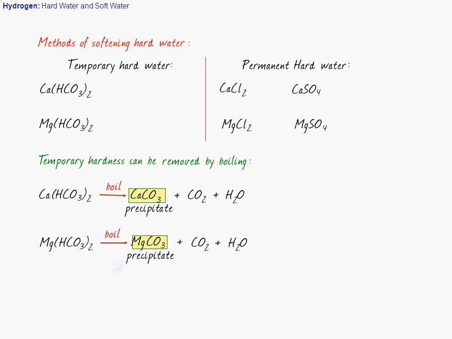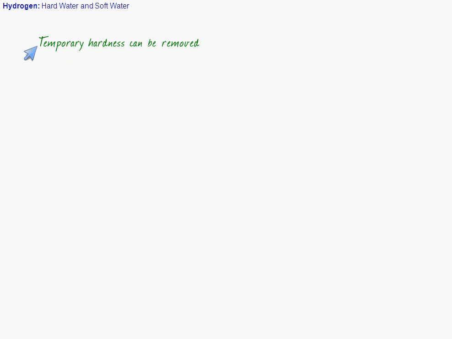Secondly, the temporary hardness of the water can also be removed by adding washing soda. Here we have got washing soda, sodium carbonate, Na2CO3, and the hard water is containing calcium bicarbonate, Ca(HCO3)2. When sodium carbonate, washing soda, is added to hard water, we will get here calcium carbonate, which is a precipitate. So the calcium ion moves out of water and water becomes soft. This will be here